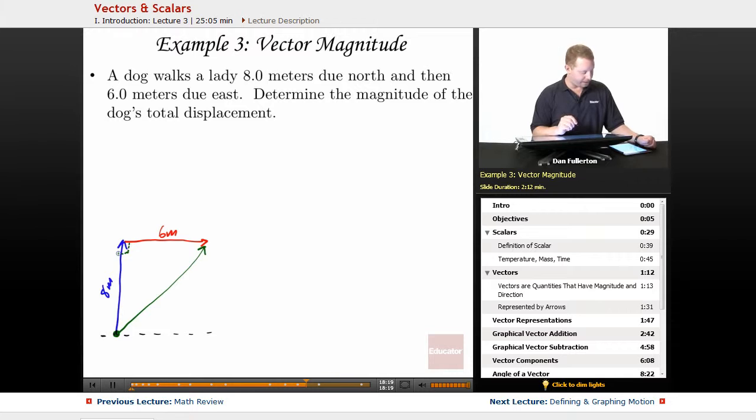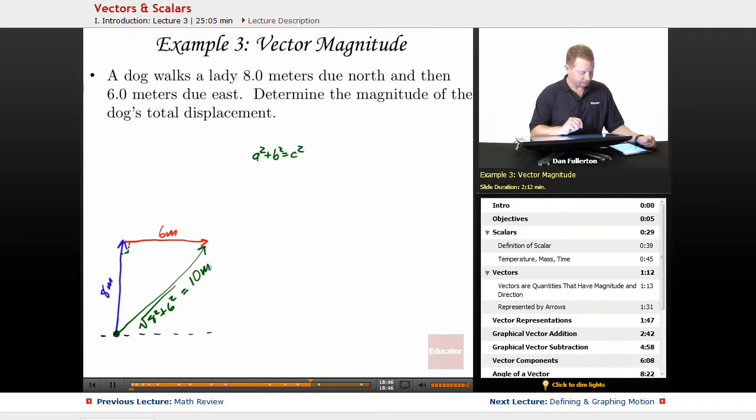We can use the Pythagorean theorem: a squared plus b squared equals c squared, where a is our 8 meters, b is our 6 meters, and c is going to be our hypotenuse, or the displacement. Therefore, this is going to have a magnitude of the square root of 8 meters squared plus 6 squared, or square root of 64 plus 36, square root of 100, which is going to be 10